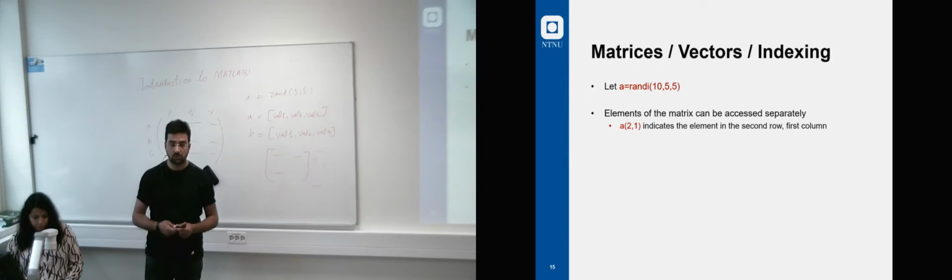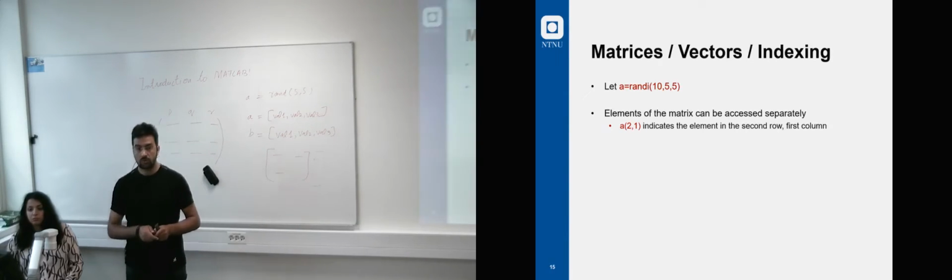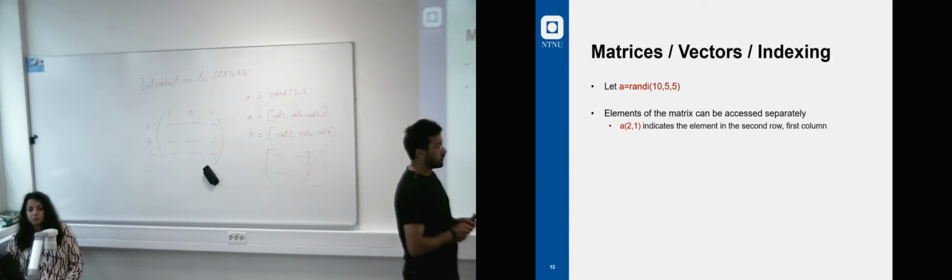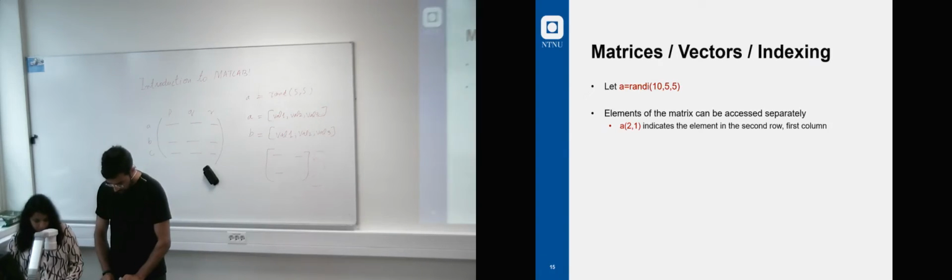Then how we can access a particular element is you have to give it a specific row and column, or say column and row. Can you try this? If we try this also for the people who are online, we will